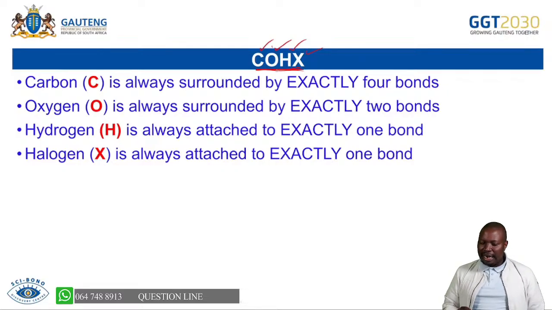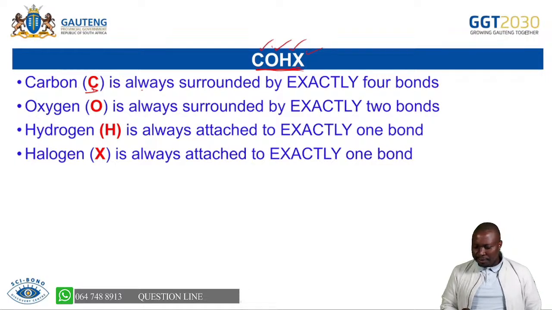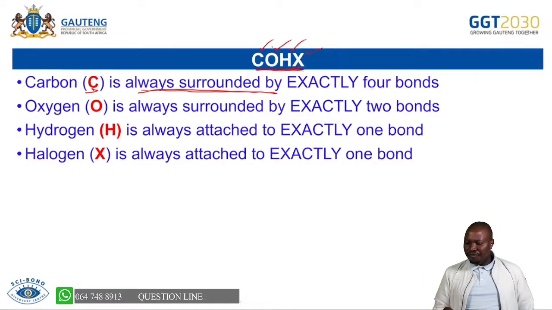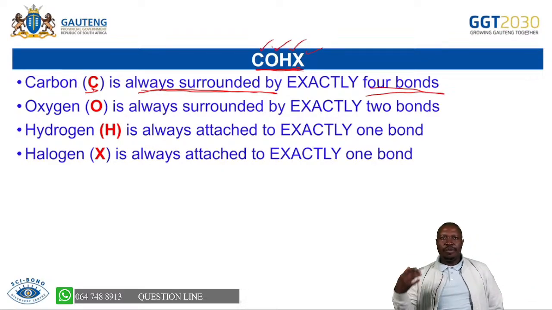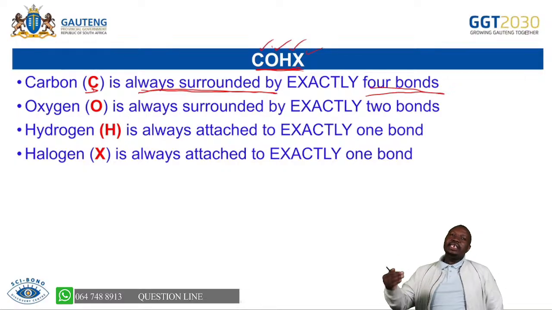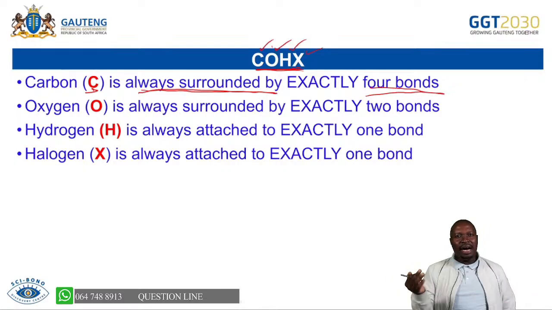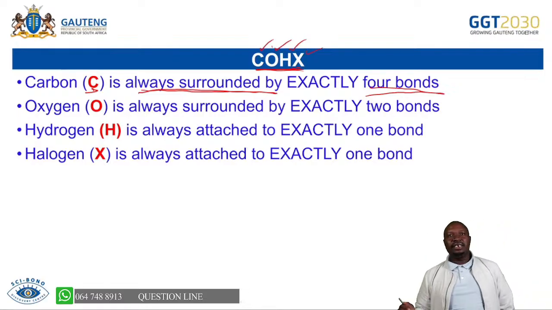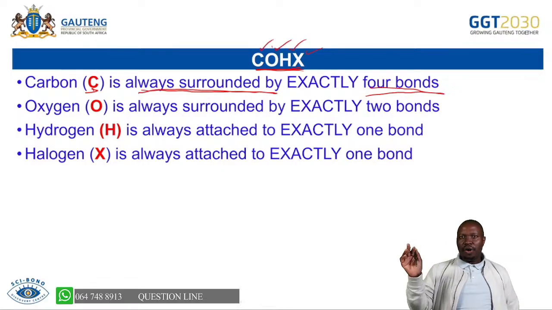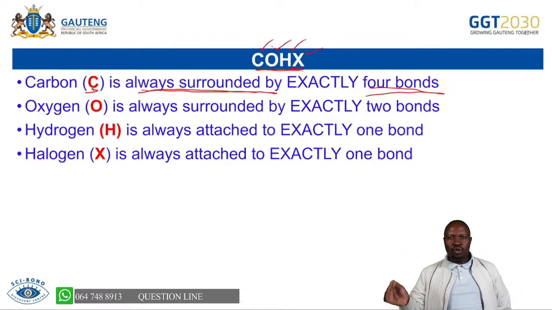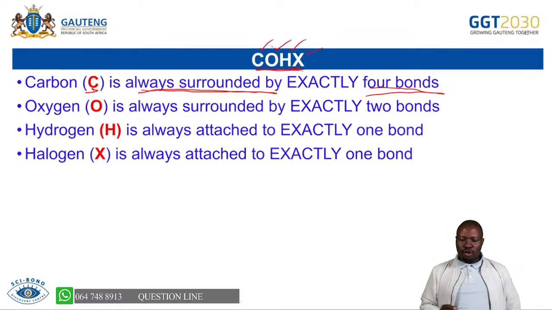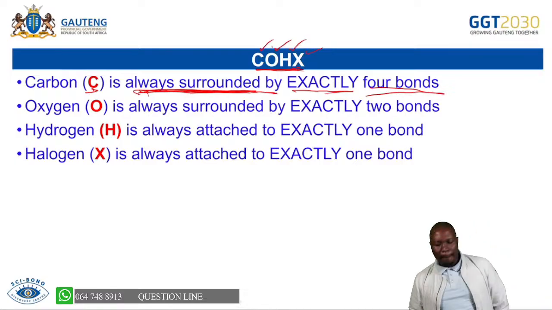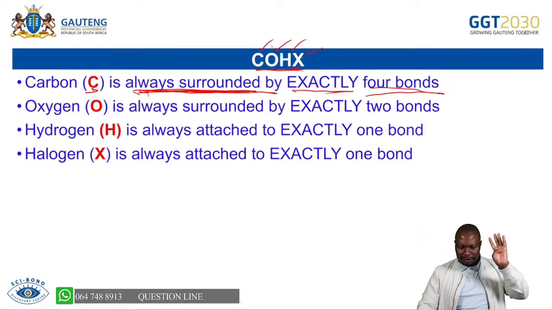What are we saying? Please let us understand that a carbon is always surrounded by exactly 4 bonds. A carbon will never have more than 4 bonds. A carbon at all times must have 4 bonds. So always count the number of bonds around a carbon so that you are able to know that the structure is written correctly. Immediately when a carbon has 5 or fewer bonds around it, you know that it's wrong. Carbon is tetravalent, is always, underline the word always, surrounded by exactly 4 bonds. I hope you won't forget that carbon at all times has 4 bonds around it.